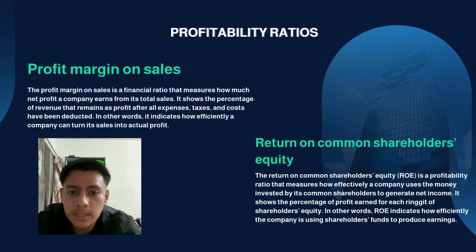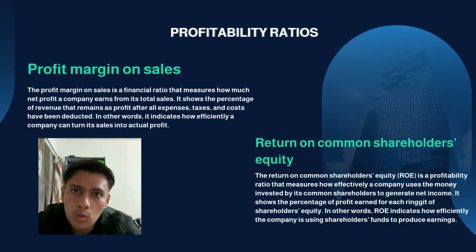However, ILB Group Berhad has a negative profit margin of negative 0.6 to 1. This means the company lost 60 cents for every ringgit of sales, showing that it is struggling, possibly due to high costs